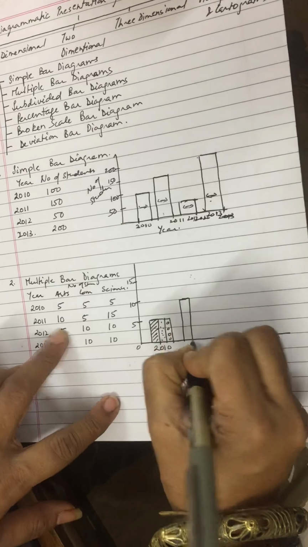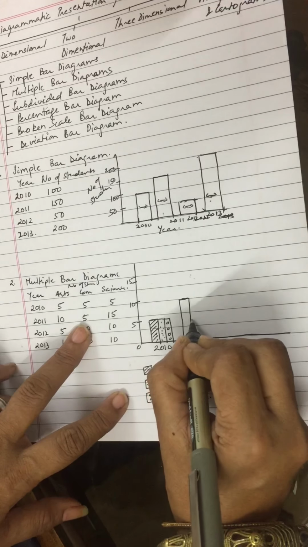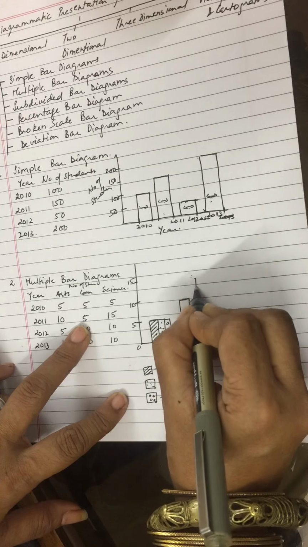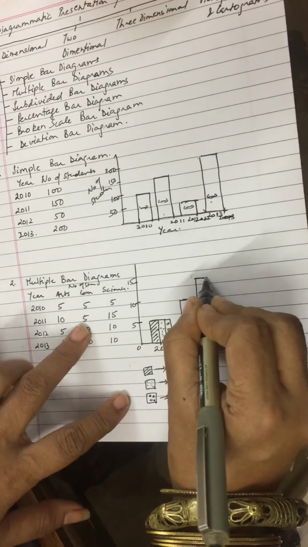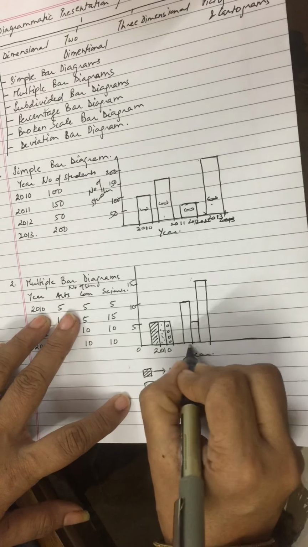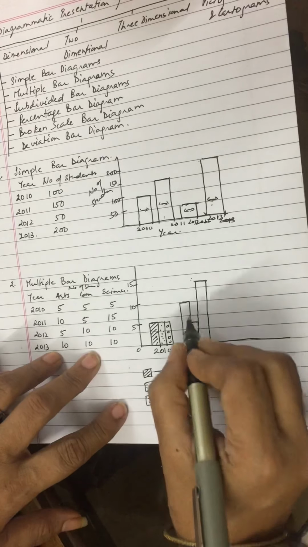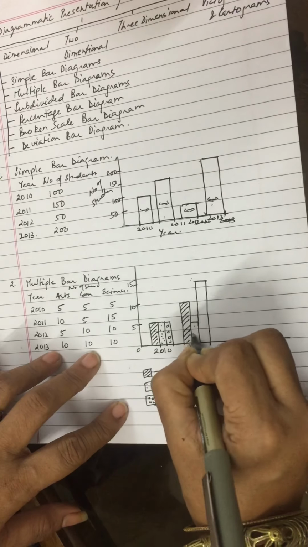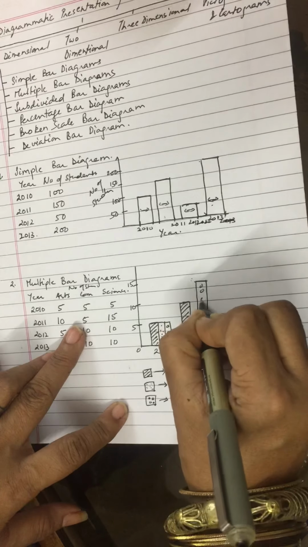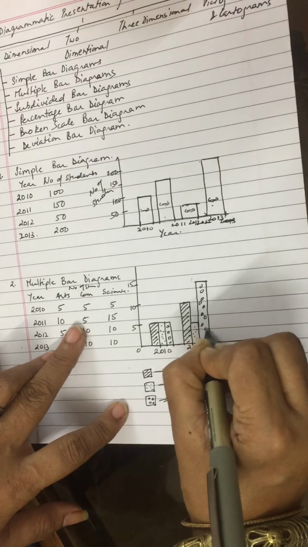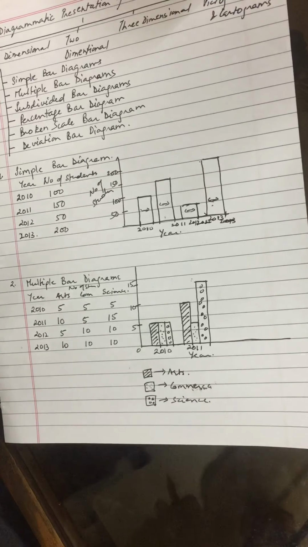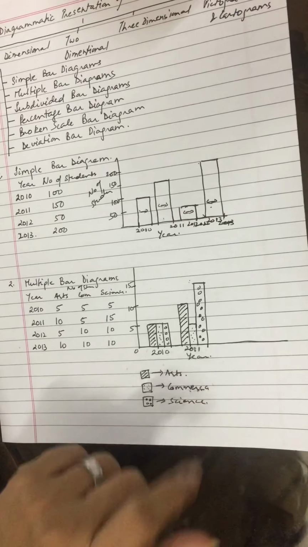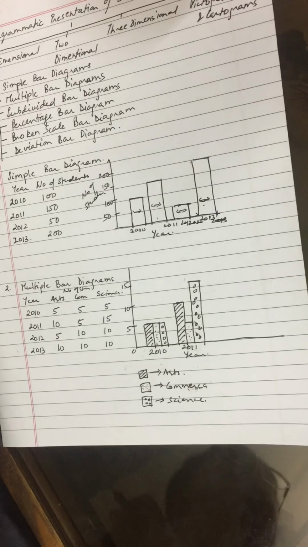Now for the next year when we draw, then the first value is taken as 10. The next value is taken as 5. And the third value that you have is taken as 15. Now please remember, you can see this value that I'm drawing. So this is for 2011. That all the graphs or the bars that I am drawing for a single year are all joined together. There is no gap between one year. There is a gap between 2010 and 2011, but there is no gap when I'm talking about 2011.